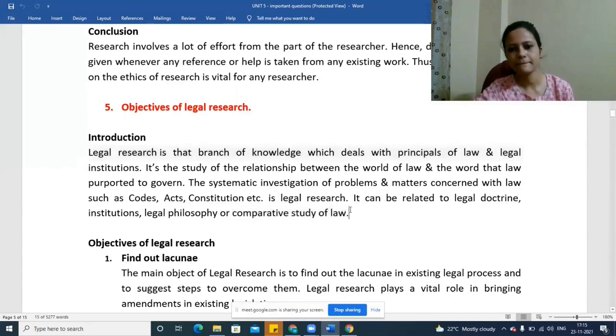Ma'am, excuse me, what does this doctrine mean? I read it in many places, but I don't know the meaning. Doctrine as such is like something that applies, like a principle. You don't have thoughts as of now, right? See, for law, when you are studying different subjects, you will get some doctrines. These are nothing but, you can say, a theory which applies in law. I can give you one example, one second.